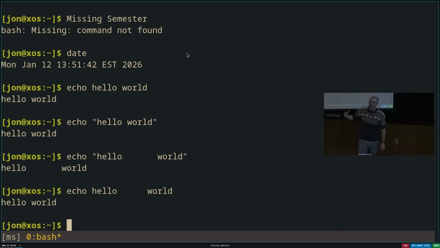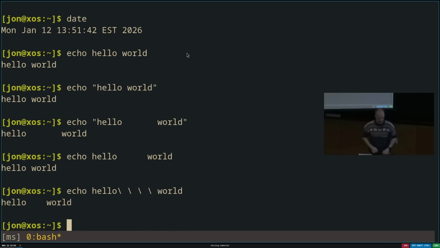You'll find that you end up running into quoting issues here once you start getting more complicated things. Maybe you have a path that has a single quote in the name of a file. Well, now you need to use double quotes around it, or you need to escape it. And escaping is simply putting a backslash in front of a character. You can do this multiple times to escape multiple characters. And now you see it has the same effect as though I quoted it.